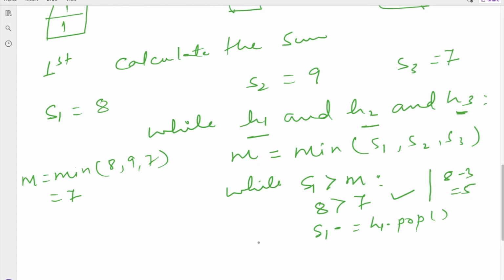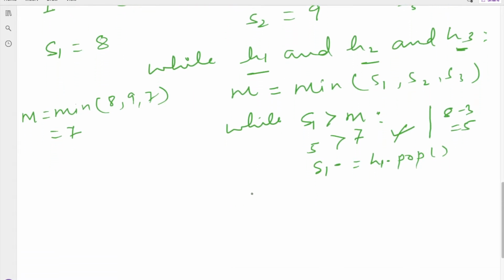Now it is checking whether S1, which is 5, is greater than M. Here the M value is 7, so this is false. So we are done with the removal of elements from stack 1.